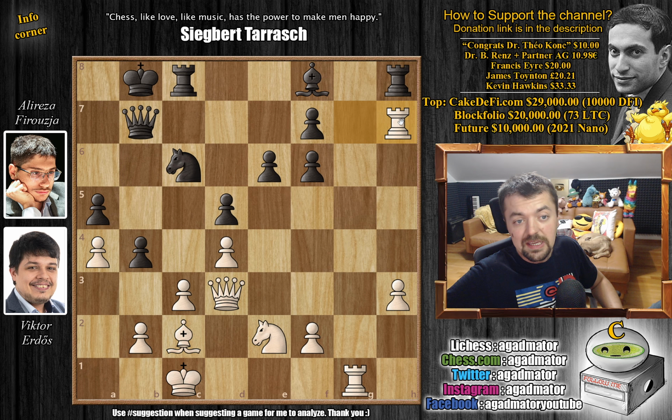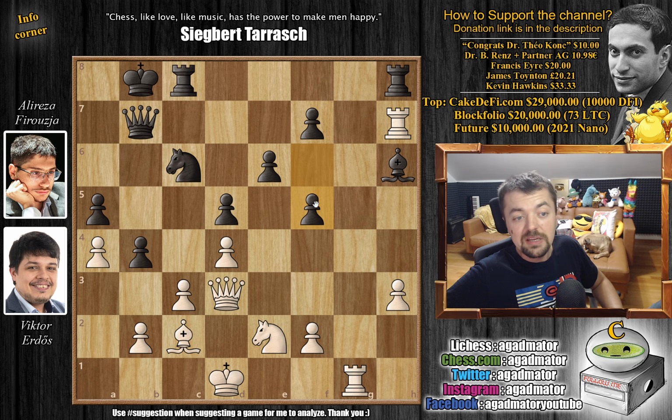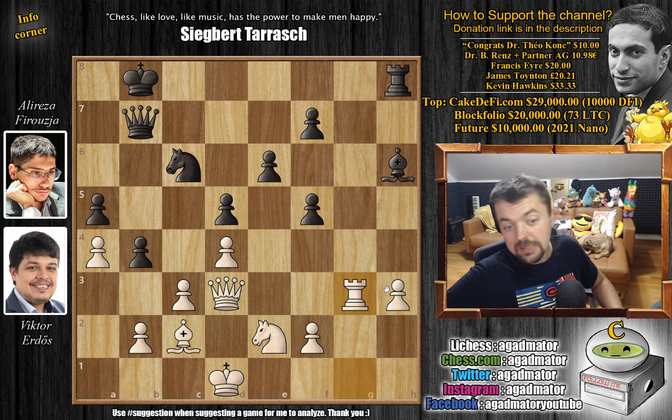So instead, we have rook to h7, and now bishop to h6 with check. We have king to d1. You could also go to b1, but that just looks ugly with the queen being on b7 and all. So f5, now disconnecting the queen's defense of the rook on h7, you have to trade here. Rook captures on h8, we have rook captures on h8,